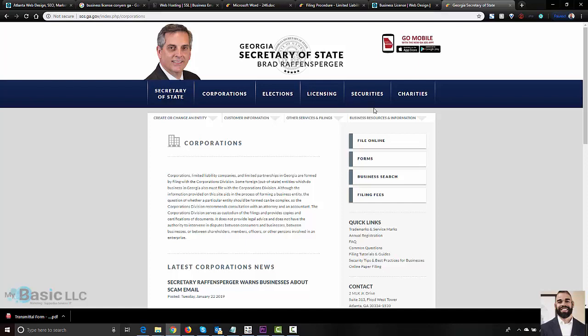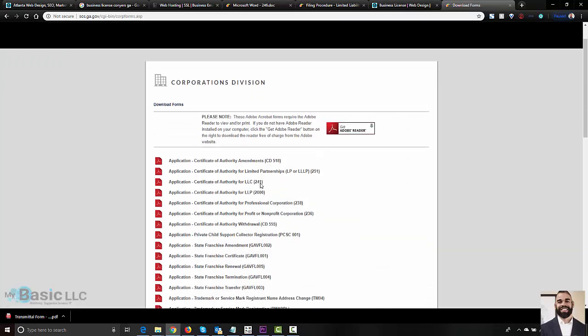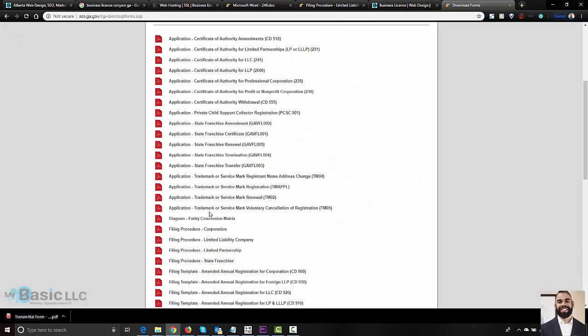I'm going to let you know that your filing fee is $100 when you apply for your business license. It's $50 every year afterward. So I'm going to lead us here. We're going to click on forms, and we're going to focus on whether you're a corporation, limited liability company, or limited partnership. We're an LLC, so we're going to click on this,